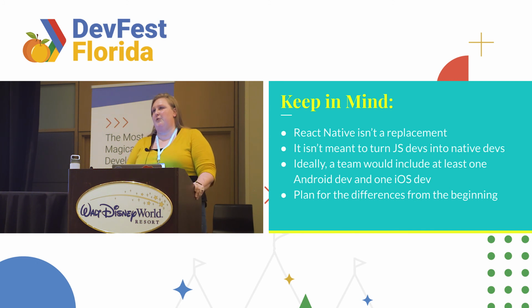The other thing is you have to plan for those differences from the beginning. As I've been saying, you have to know that things are going to look different. And if you don't want them to look different, you need to be able to have someone come in and actually do that programming. Because you have to dig in there, and React Native gives you lots of ways to customize things. But I will tell you, trying to get an Android toggle button to look like an iOS button is impossible. Again, Betty's shaking her head like, no, been there, done that. So as long as you know that they're two different user experiences, then it's fantastic, and it works that way.